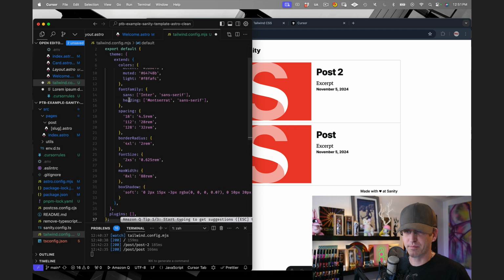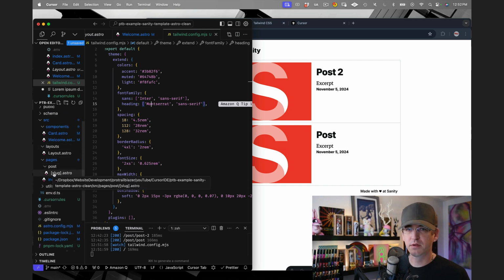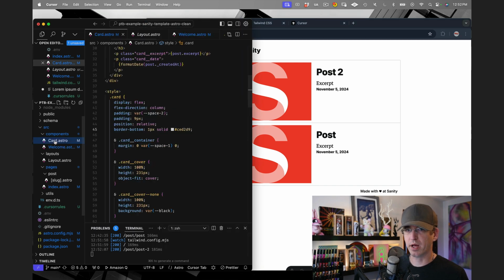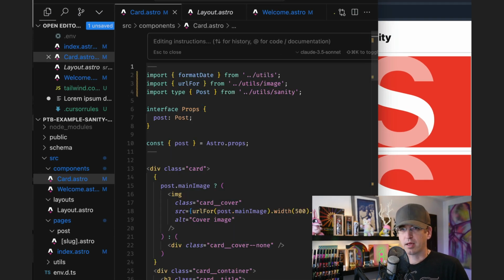I'd say we saved about 15 to 20 minutes of typing and maybe a couple of errors along the way, in my case. Next thing that we would need to do is change this component. So this component has CSS as well. So we're going to go to the card. We're going to select all. Going to hit Command K, and we're going to say, let's see,